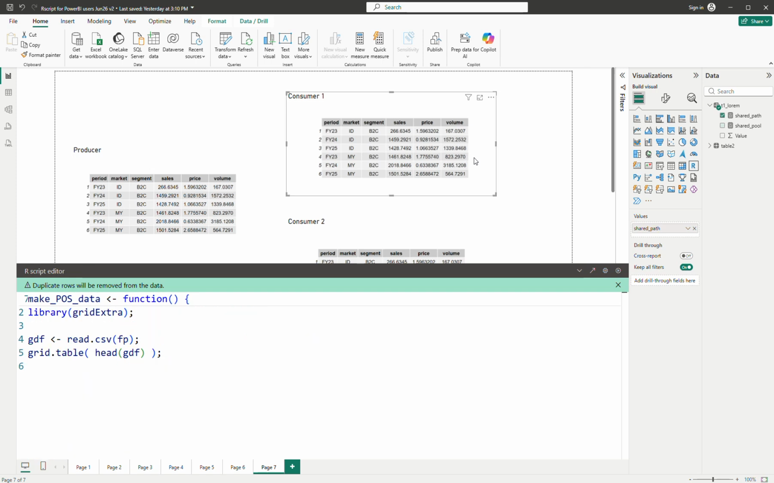Okay, and the same thing happened in here as well, and then in here. Okay, so now